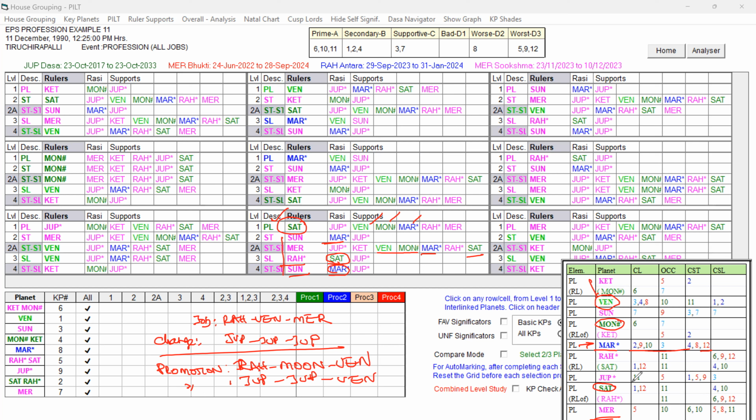And similarly, Jupiter also has 11, 5, 1, 5, and 3, all favorable, without any strong favorable grouping. But though 5 and 9 are there, favorable also there. So because of that, I have given pink. Pink means it is supportive for change, we can say that. So that way, the destiny planet is favorable.